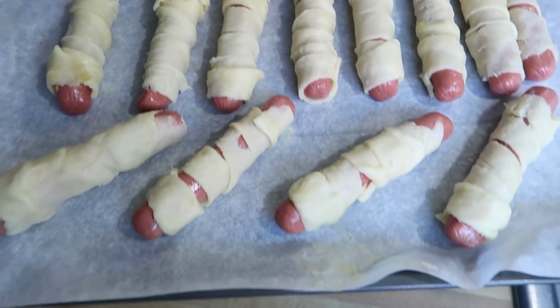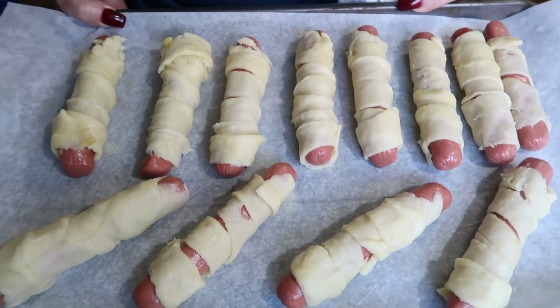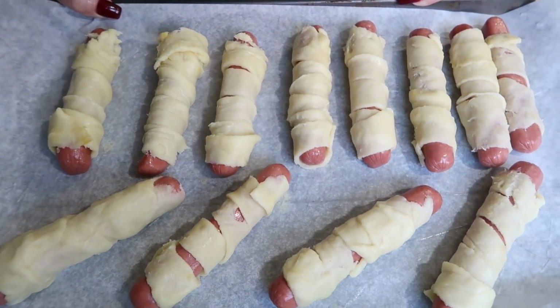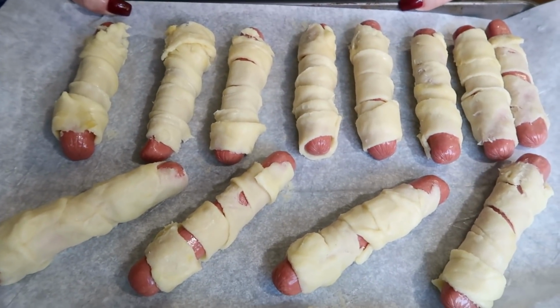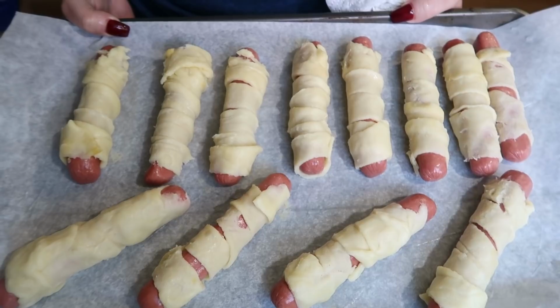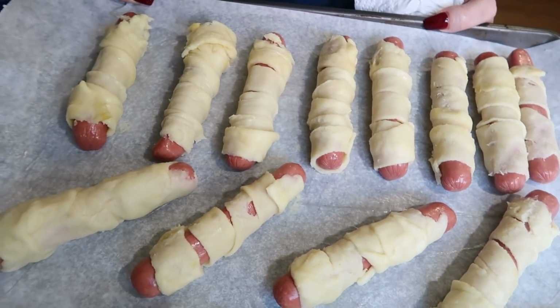Okay, so here are our, what do they call them? Pigs in a blanket. So I'm gonna throw these into the oven for about 30 minutes. I did not cook the hot dogs before I wrapped them, okay? You guys do as you like, but we're gonna do this for 30 minutes and we're just gonna kind